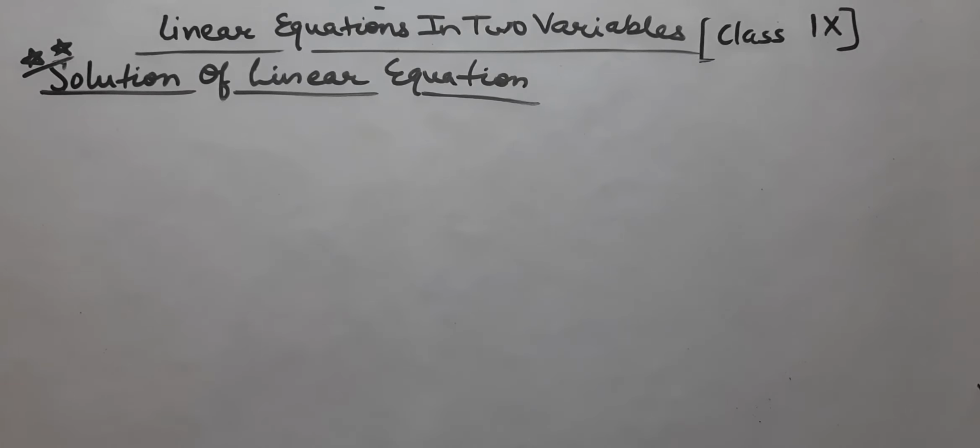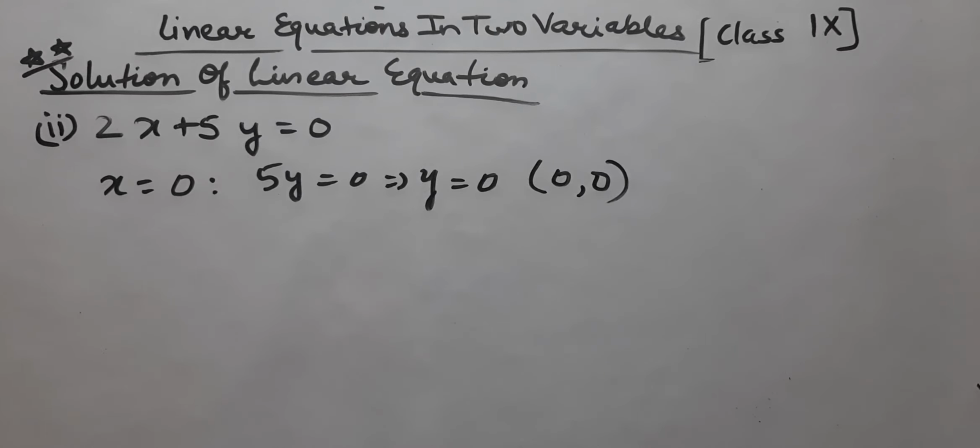2x plus 5y is equal to 0. Okay, this is the next example. In this, I can put, as I told you, x equal to 0, so I will get here 5y equals 0, which means y is also 0. So one pair is 0 comma 0. Now I am getting y as 0 when I have put x equals 0, so I will not again do y equals 0 to get x equals 0. I am done with this because I am getting here 0 comma 0 as a pair.